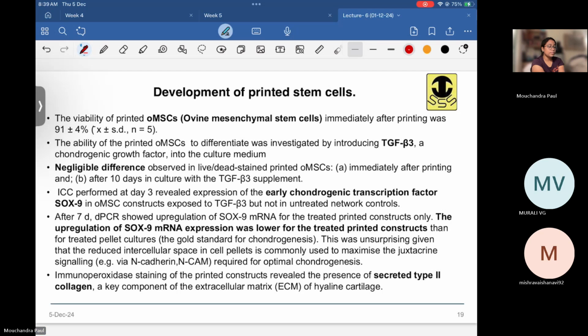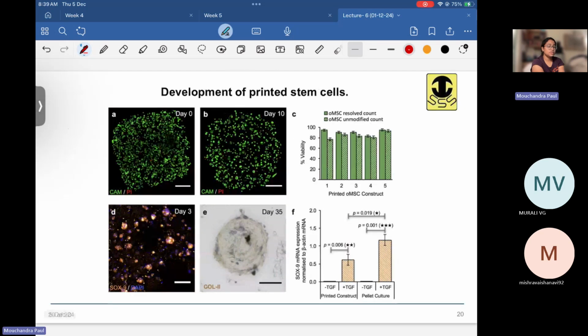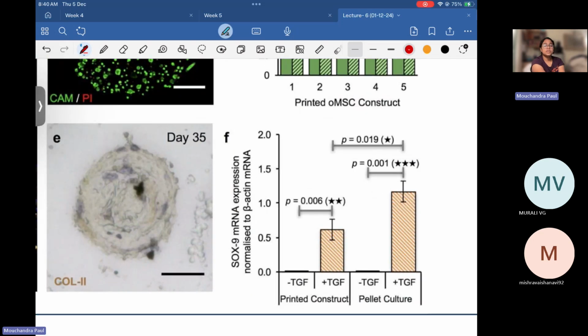Okay, so these two images basically prove that the cartilage is getting formed. Then at the molecular level, they also prove that there is expression of SOX9. So they did PCR, digital PCR, on printed constructs which were grown in the presence of TGF beta 3 and in the absence of TGF beta 3, and they compared the result with the gold standard for